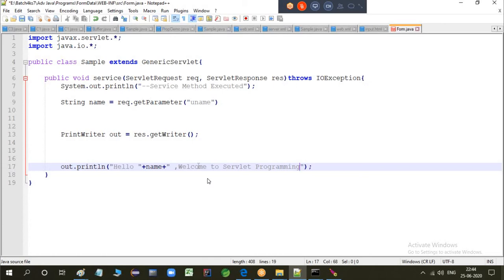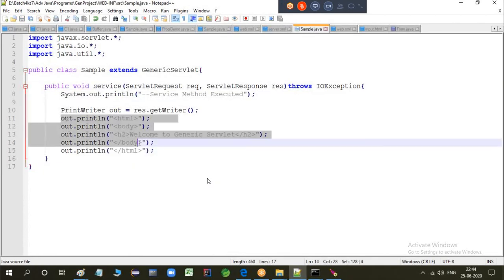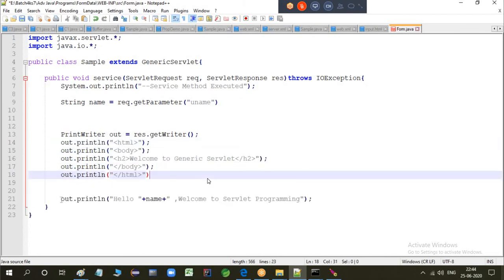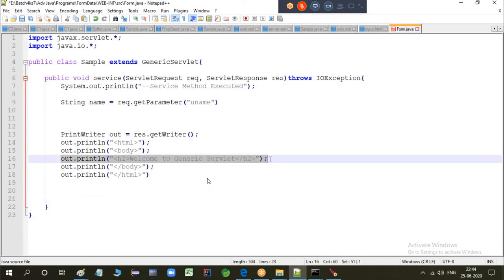Now if you wanted to modify, you can give some HTML pages. Like in the previous example, sample.java, can I take this format, copy and paste it here, and instead of this one I will display this one.